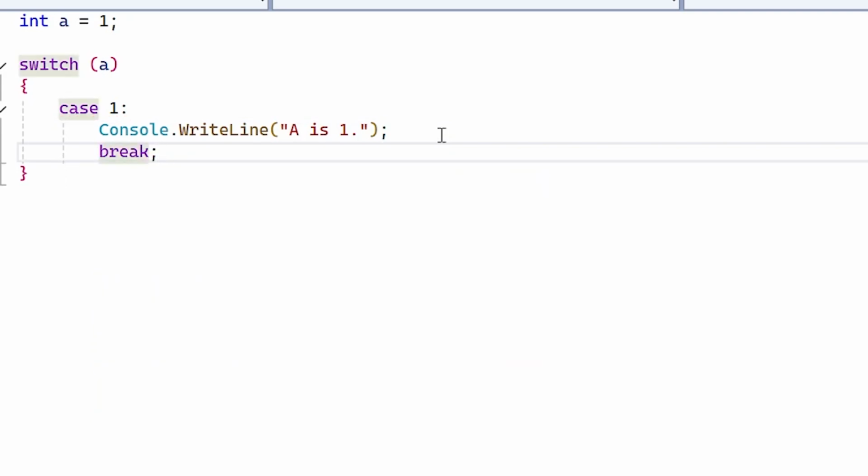So, in short, I want to evaluate the value of A. The first case is value 1. As soon as A equals 1, the code of case 1 is executed. And then the break. In all the versions, if you remove the break, the application will fall through the case